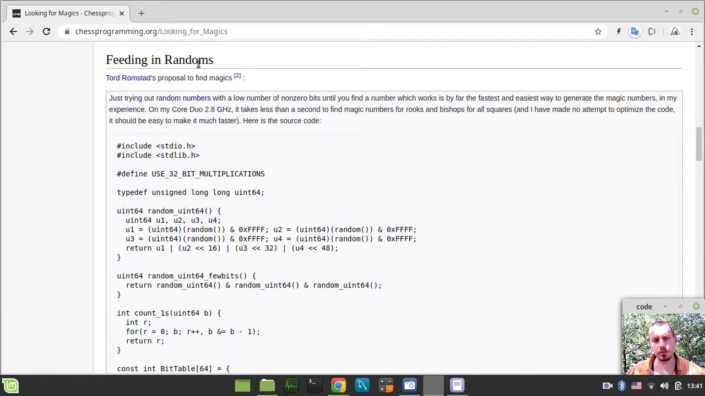the fitting in randoms section within the looking for magics article on the Chess Programming Wiki, and here we have the source code by Tord Romstad, who is known as the author of the Stockfish chess engine. He suggests just running out random numbers with a low number of non-zero bits until you find a number which works. It is by far the fastest and easiest way to generate the magic numbers,